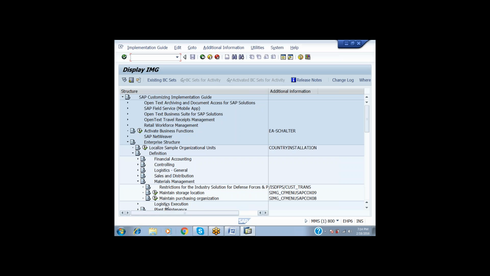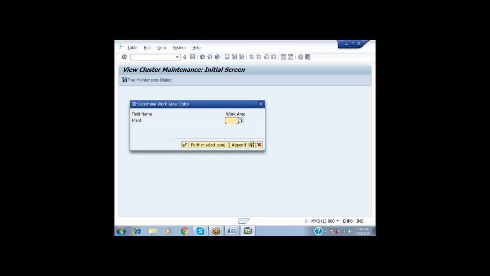See, the storage location. When I am going to create the storage location, initially it asks me under which plant I want to create the storage location. So here I am giving the plant of BOSP.